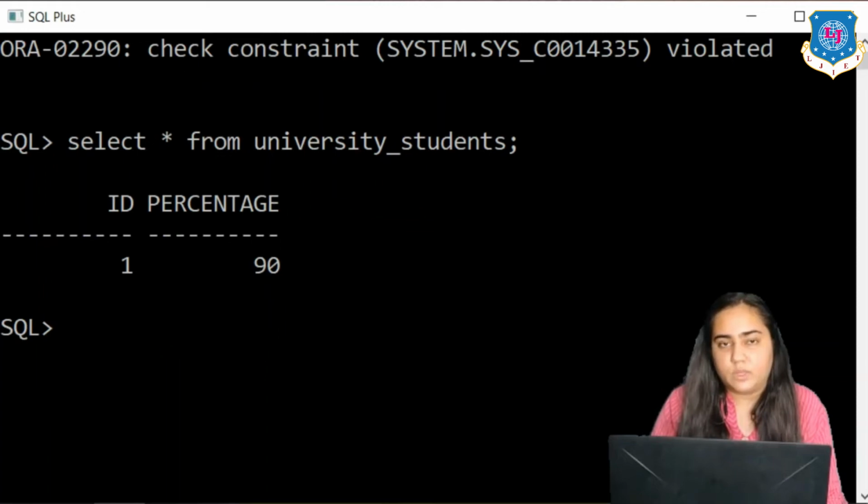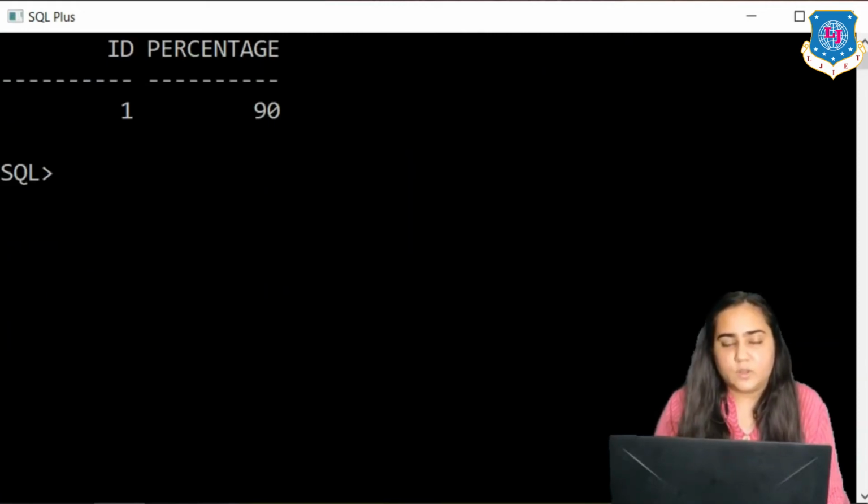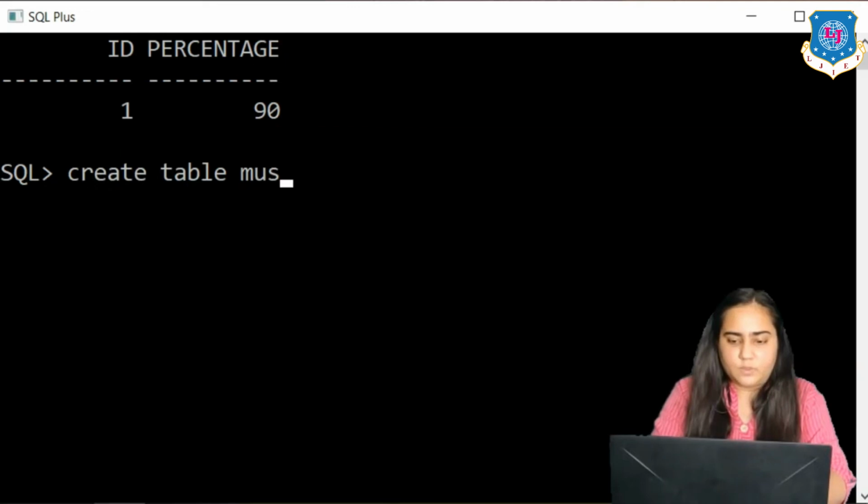So this is how you can implement check constraint. But check constraint is not limited to just checking a value in this manner. You could also provide a list of correct values to choose from. For example, let me create another table, this time students from the music club. So let's just call it music club, where I want to put